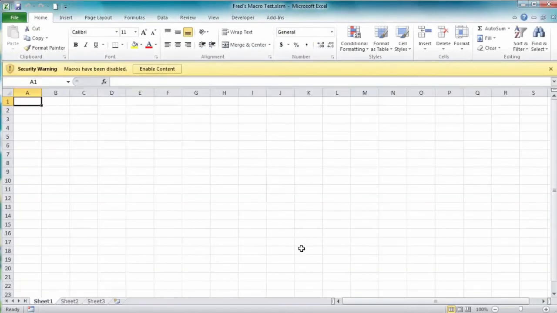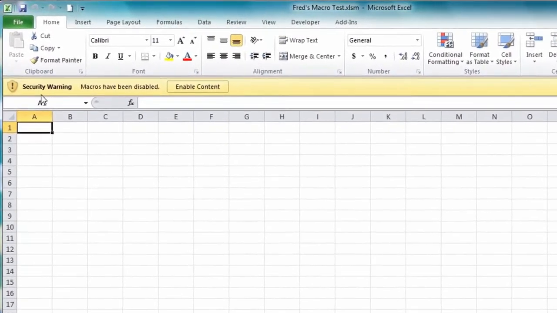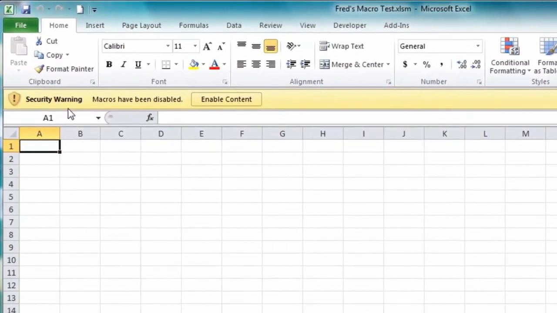The first thing I see here is a security warning, and this is very important. If you don't know where the workbook you've opened came from, you have to question whether you trust the content or not. If you don't trust the content, don't enable the macros until you've established where it came from and if it's a trusted source. Obviously in this case the source is me, so I trust myself,